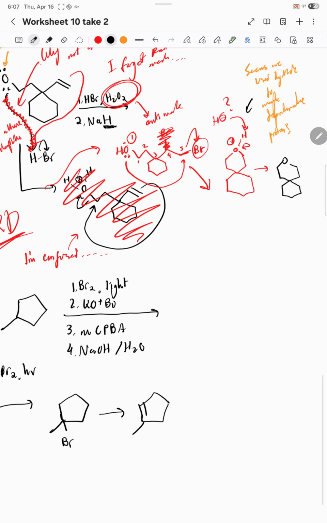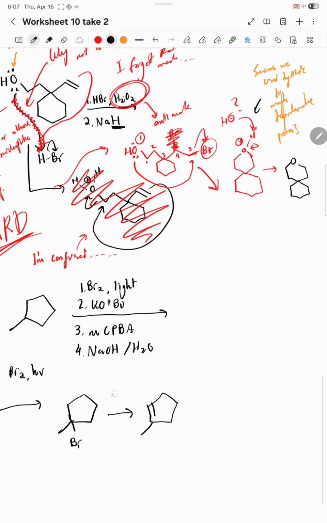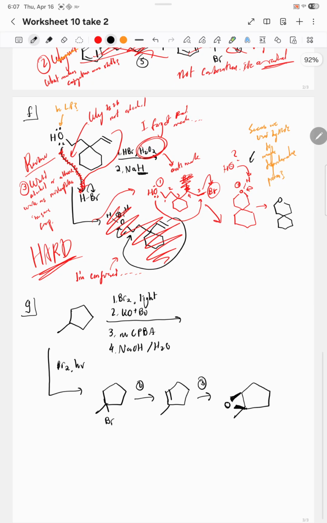This is what we get for step 2. And for step 3, what happens? Epoxidation. Epoxidation says we get the following epoxide,